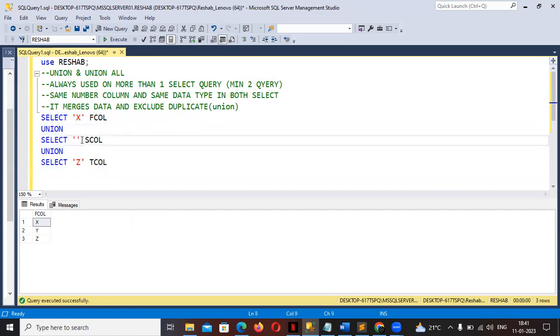Now let me put an X over here. Just remember the result set was XYZ. If it had not removed the duplicate, we would have got XXZ. But when we run this, you can see that we only got one X and the Z. The other X, which was a duplicate, got excluded. So this happens only in the case of union. The moment we use union all,